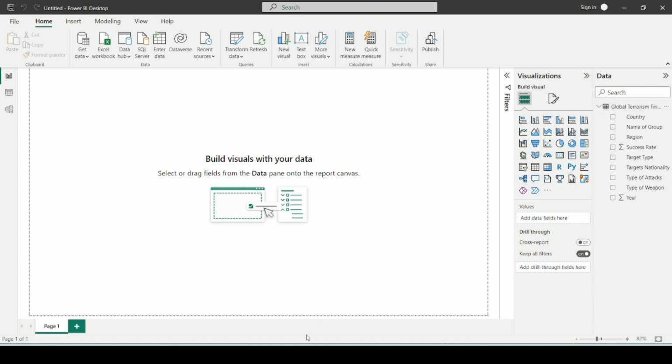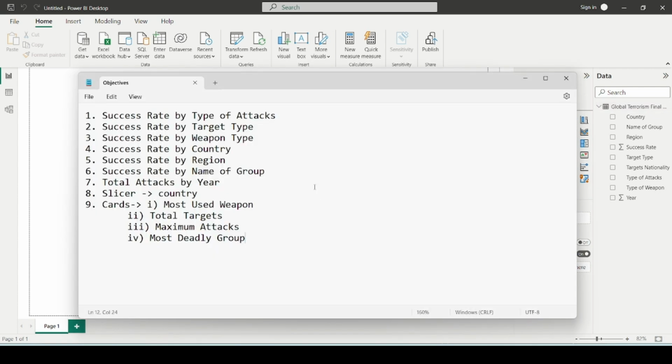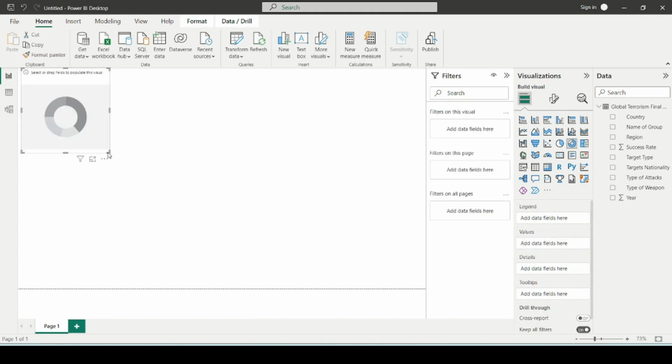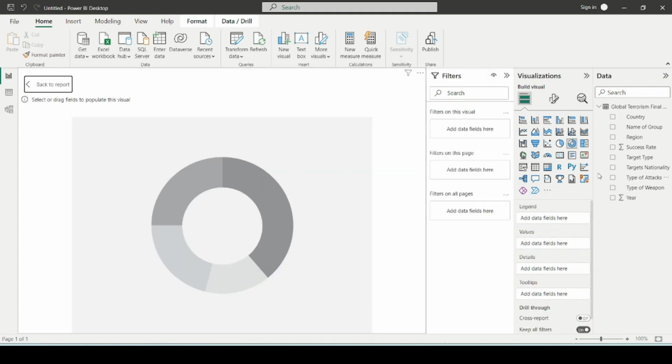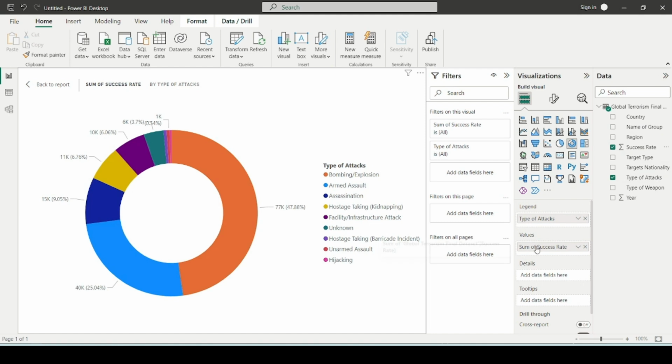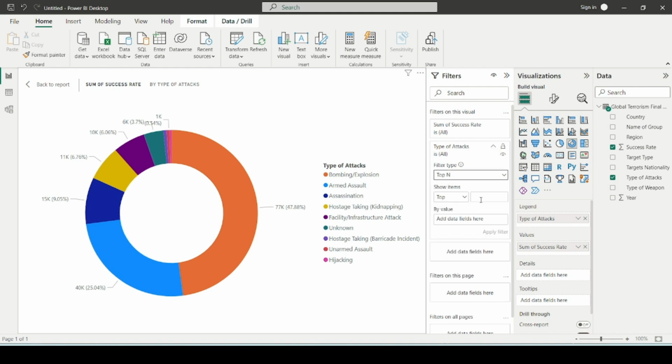So as per our requirement, let's start creating our report. First of all, we need to visualize success rate by type of attacks. So let's do that. For this, I will choose a donut chart and go to focus mode, then select type of attacks to legend and success rate to values. So I will select only the top 5 by success rate, apply filter,